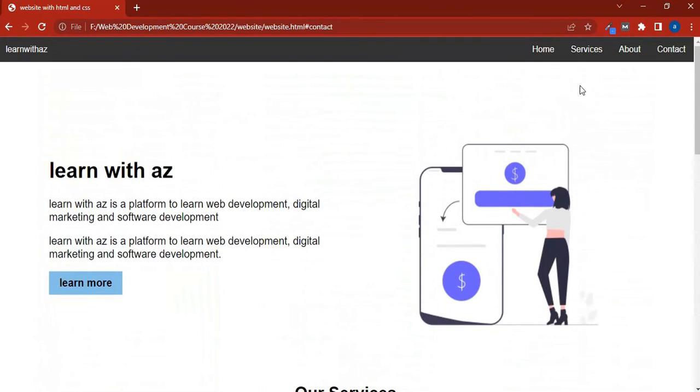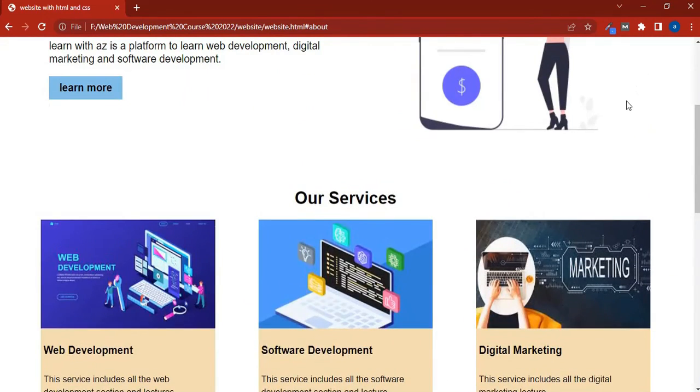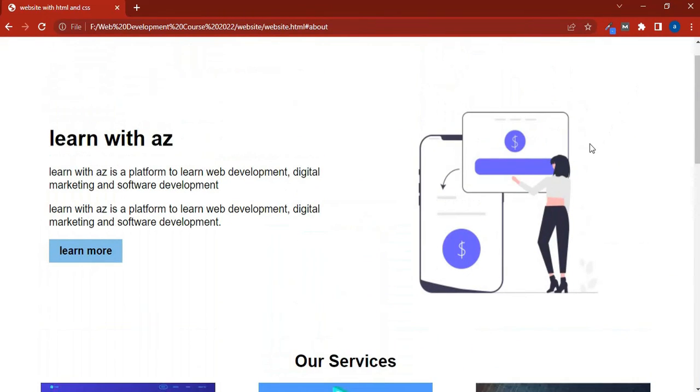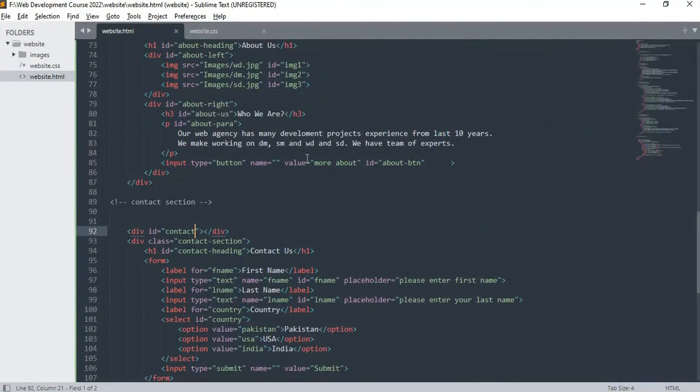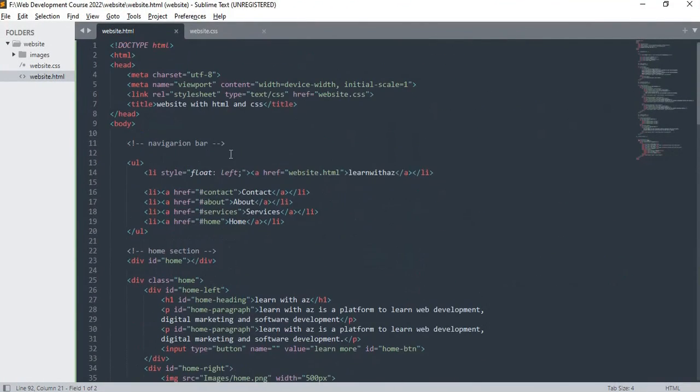But this has certainly changed. If I click on services, that is services. If I click about, that is about. I wanted smooth scrolling. So for this, I use